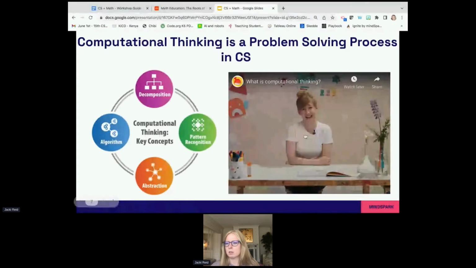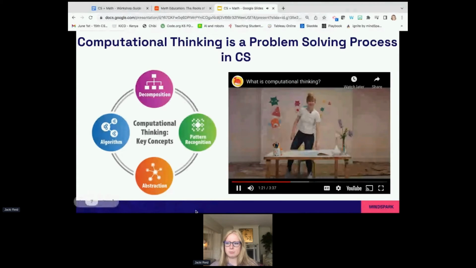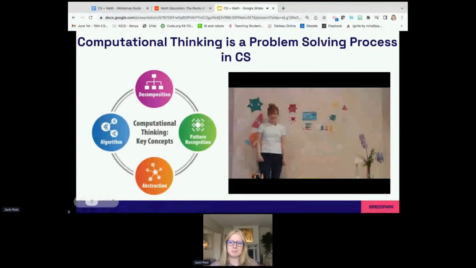So let's first talk about decomposition. Decomposition means taking apart a problem into its smaller pieces. You can decompose a drawing of a box